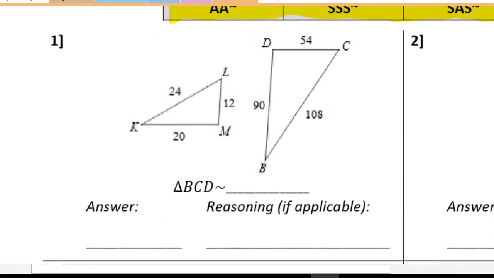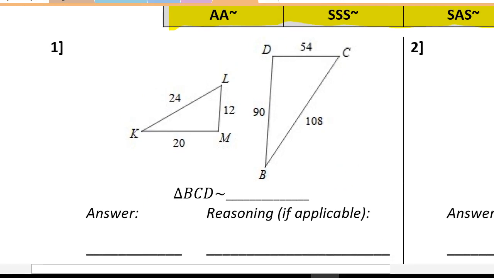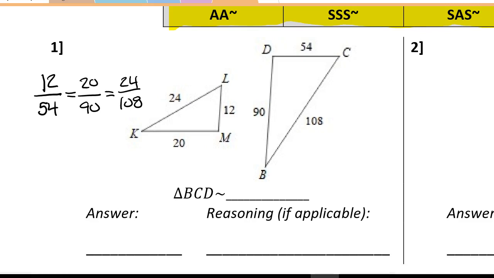Right off the bat, I'm given 3 side lengths, which makes me think side, side, side may be my case. We have to go ahead and prove that the sides are not congruent, but in fact proportional. Let's take a look at that. If these are proportional, we would be able to take the smallest side, compare it to the smallest side, 20 over the median side, and the hypotenuse over the hypotenuse, they all reduce down to the same number. Do they? All reduce down to 2 over 9, which means that yes, triangle BCD